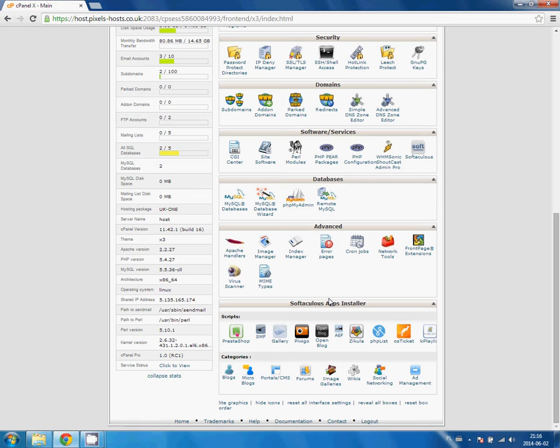What you need to look for is something called Softaculous. Some people will have only the icon of Softaculous here, but myself, I actually have the icon of PrestaShop that I need to click on in order to install PrestaShop. So Softaculous is the one that we're looking for. If there are no other scripts available, then we look for Softaculous. If there is one, you look for PrestaShop. So you need to click on PrestaShop,